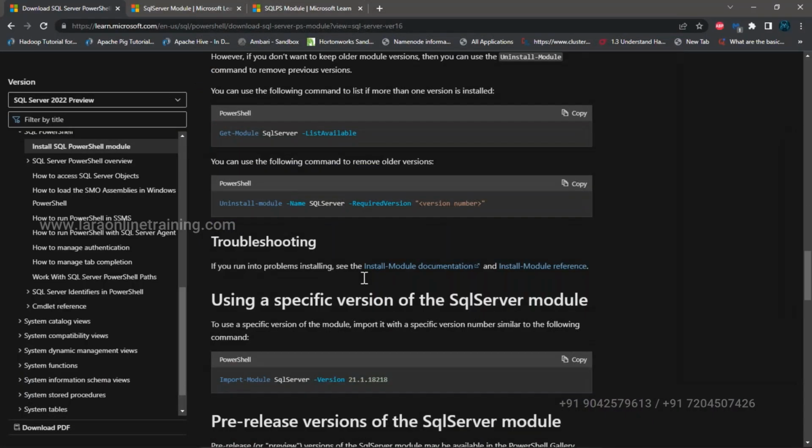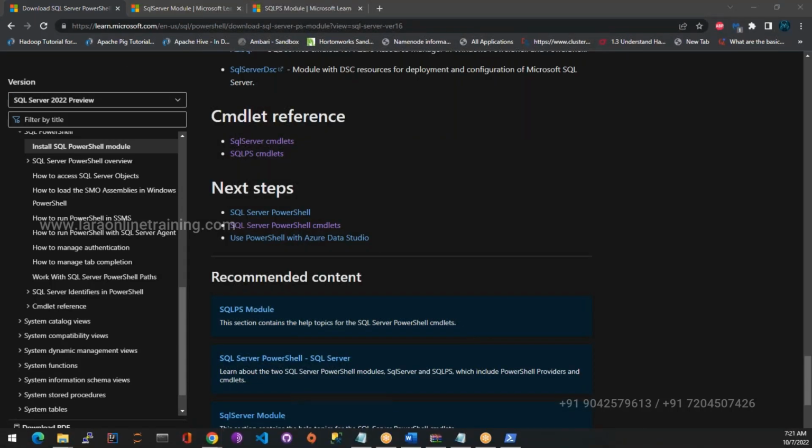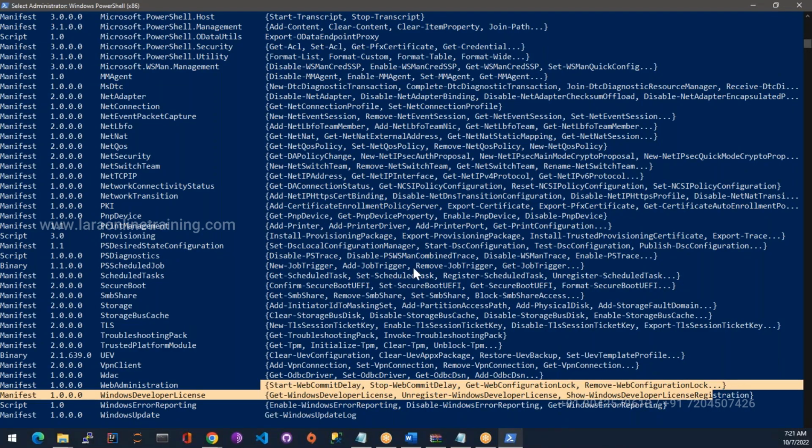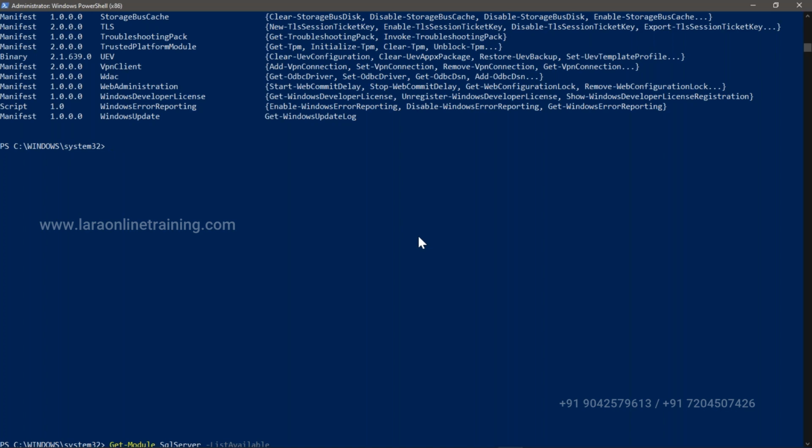But before we go to that, okay. So that's the module. One second. Okay. So we have those SQL modules. Server module means